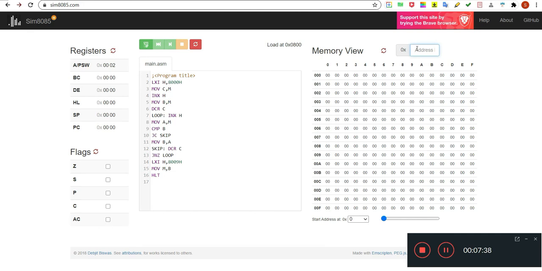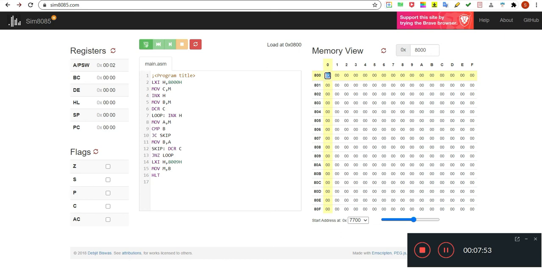Now what you have to do? First of all, you have to select the memory location on SIM 8085. In this way, you write on the 8000 memory location the data 6. After that, on memory location 8001, you write data 55. On 8002, data 22.